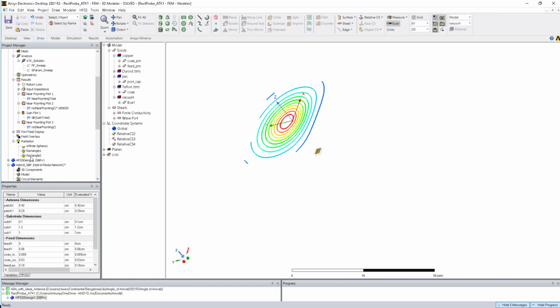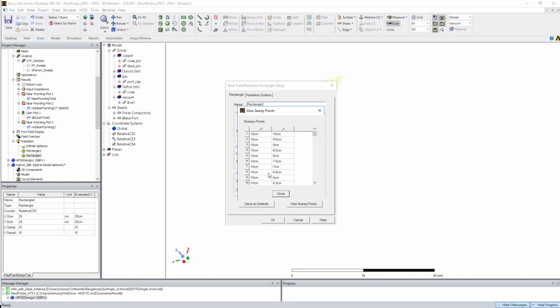Coming back here, we have plotted this rectangular grid, right? And the plot is actually plotted over the grid. If you double click it, the accuracy or the step size is 0.5 centimeter, that means 5 mm. First of all, you need to know the same step size is taken for X and Y direction. As you know, power is in watts per meter square, and the total power going through the entire surface is the integral of power density times the area it is covering.